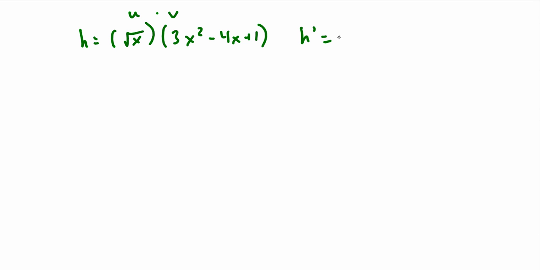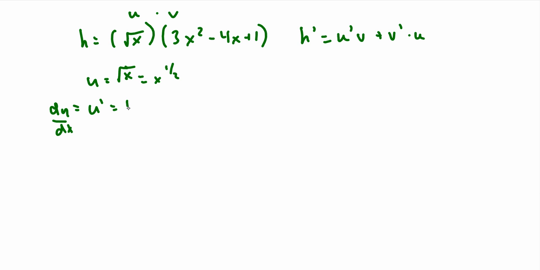So the product rule states, define h prime. We're going to take the derivative of u, which we're going to call u prime, times v, plus the derivative of v, which is v prime, times u. Okie dokie. And so let's just write this out. So what is u? U is the square root of x. Then u prime, or du dx, is going to equal, because that is x to the 1/2 power,